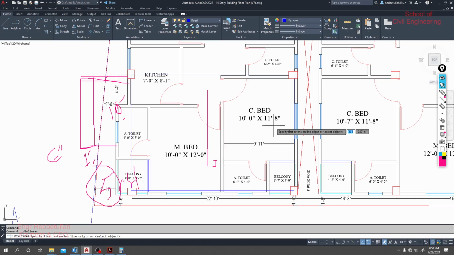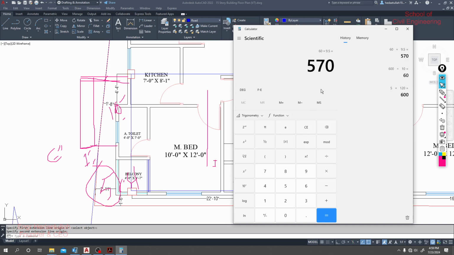From that point to that point, 3 feet 6 inch, then 4 feet 3 inch. Let's calculate it: 3.5 plus 2.5 plus